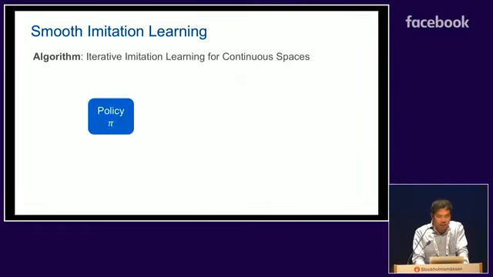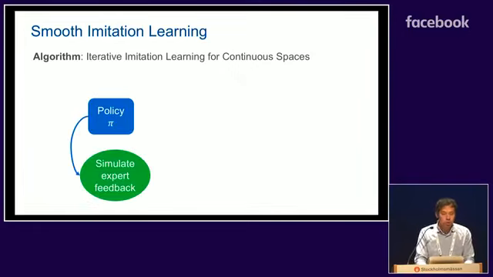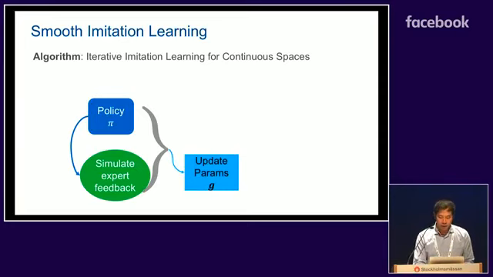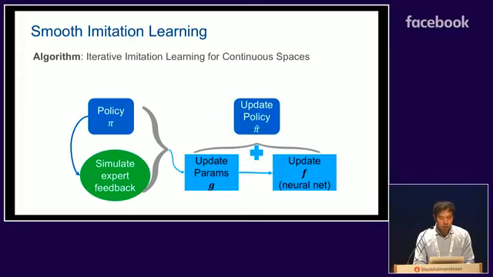One big difference is that we develop a way to actually use simulated expert feedback so that we don't need an interactive expert guiding the algorithm. And in each loop, we execute the current policy, and then using these traces and the expert feedback, we re-estimate the parameters of the regularizer g, and then we update the parameters of the complex function f. We then combine f and g to form an updated policy we call pi hat, which will then be interpolated with the old policy to form a new policy in a fashion similar to Dagger or